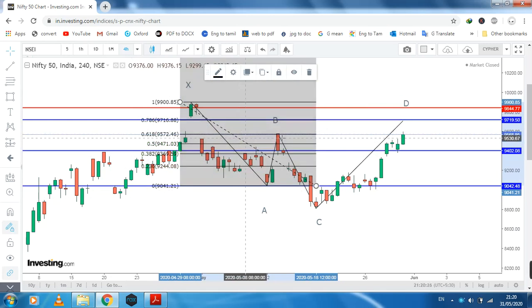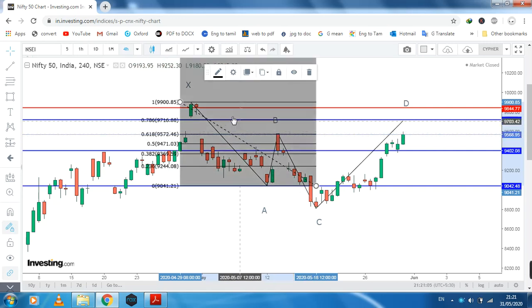What is this level? This is 0.618. So this B is stuck at 0.618. The valid B level is from 0.38 to 0.618. This B needs to close between 0.38 and 0.618. It touched 0.61 but isn't closed there, because normally the red candle closes below this, so the red candle can go up. This close is below 0.618, so this is a valid pattern.